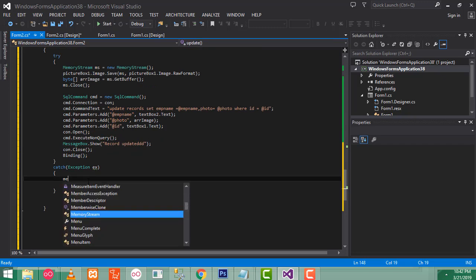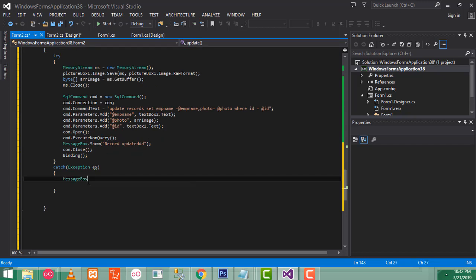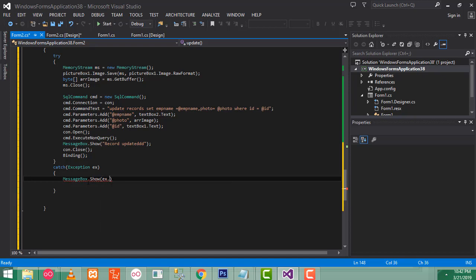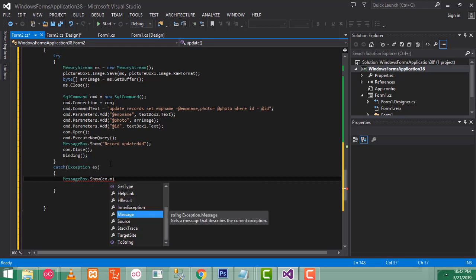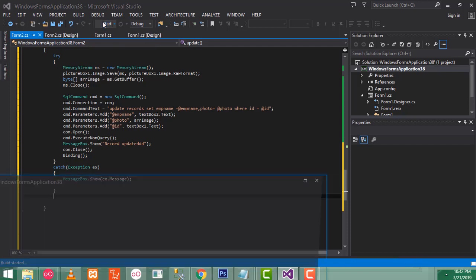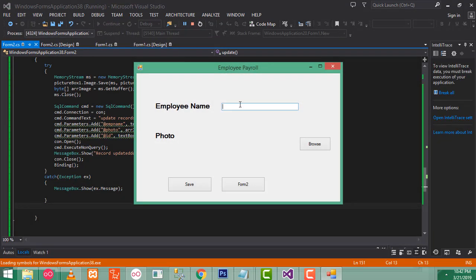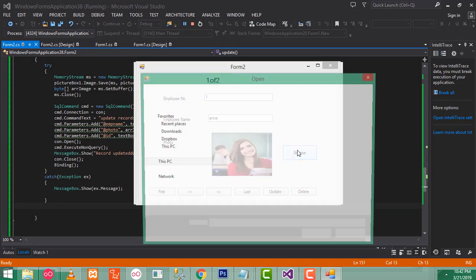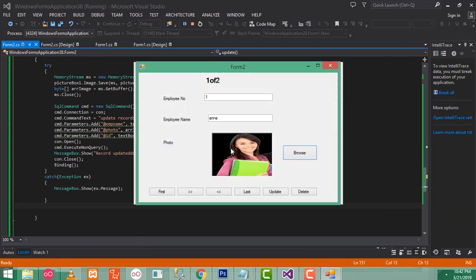Here you have to write MessageBox.Show, and as the message you have to write ex.Message, right. Now let's run the program and check whether it's working fine. Now let's go here, I'm going to change the record, so browse the image, insert this one, right, change the text or something,